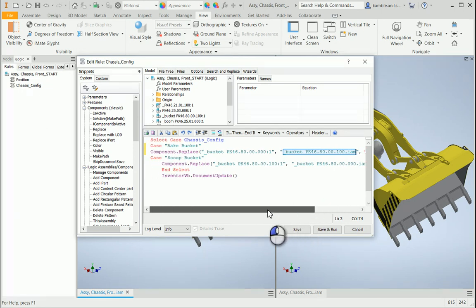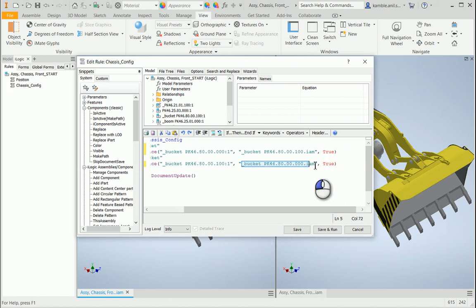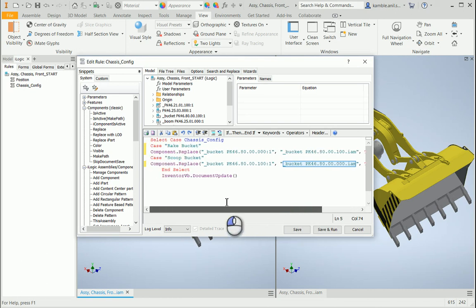Similarly, I have created case number 2 for the scoop bucket, which says that replace the rack bucket component or subassembly with the scoop bucket assembly, and then End Select. Then it is necessary to update the Inventor. So I have an Inventor VB document update snippet, which you can find in